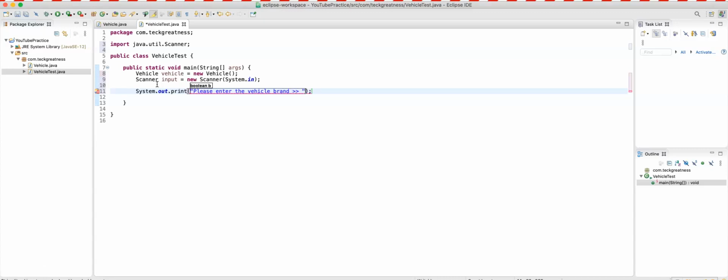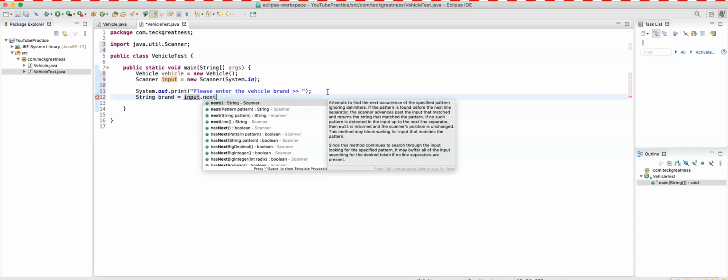Okay, please enter the vehicle brand. So I can say String brand equals, right? And then I can say input.next,